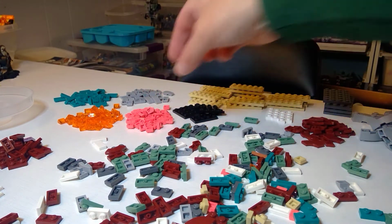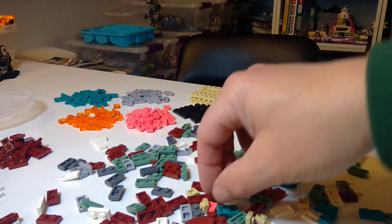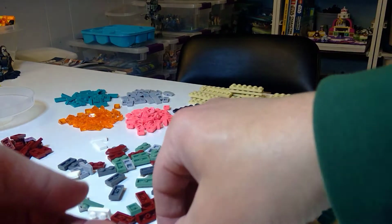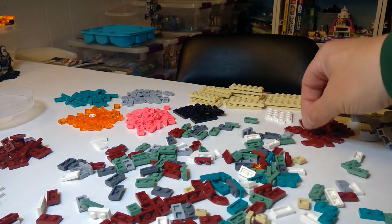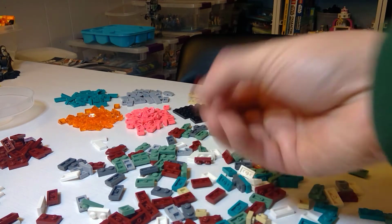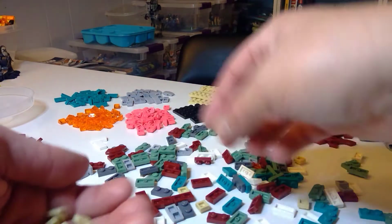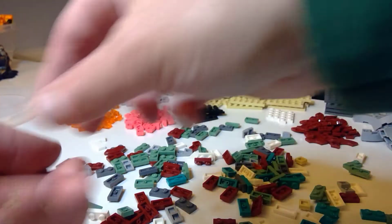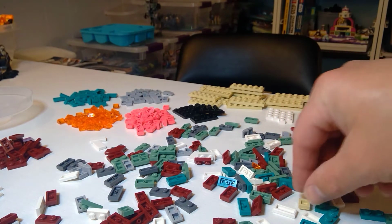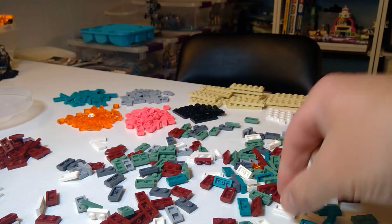Almost with, that's a decent amount of pink brick. I really don't have a ton of pink brick. And let's get these tans out of here. More of these circulars. I did kind of crush those circulars. That was amazing. I think it's gonna pay off huge. We'll never run out of those. I feel like I could have probably done a little bit better on the tan brick. I thought I got a little bit more. Maybe it's because I knew I had already gotten some. And then I did kind of go nutso on the